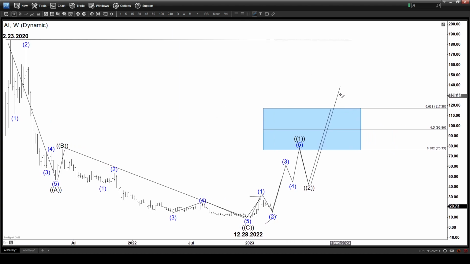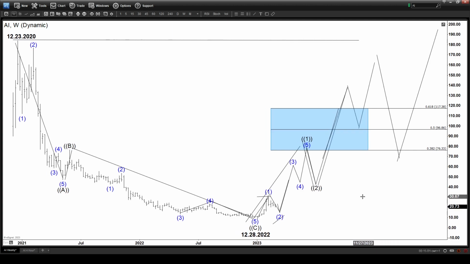With more data, we can know that if this is turning into another 5-wave up, then the pullback should hold the lows and then new rally, or the move could be just an ABC. This could be just your A, you get a B and a C, then the stock again trade to the downside. So it's too early to decide whether the market will be breaking to the 2020 peak, but everything starts